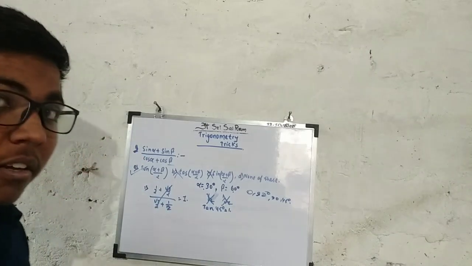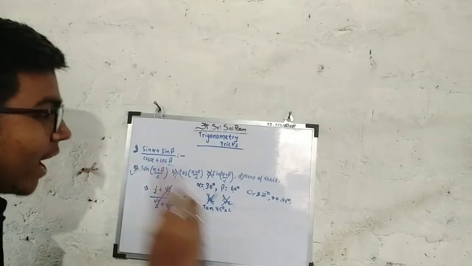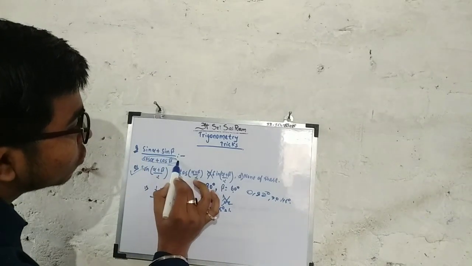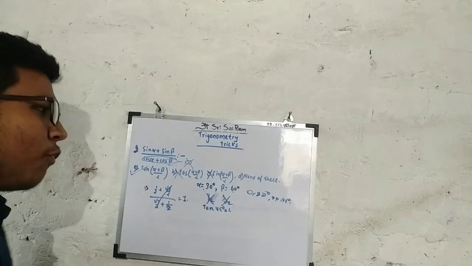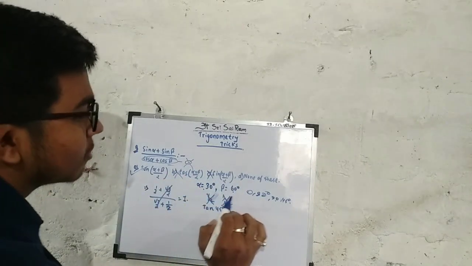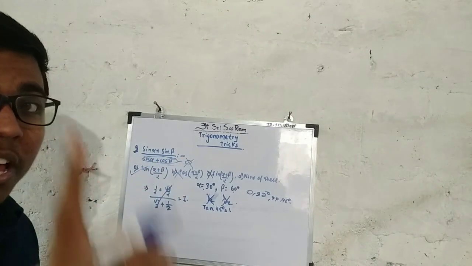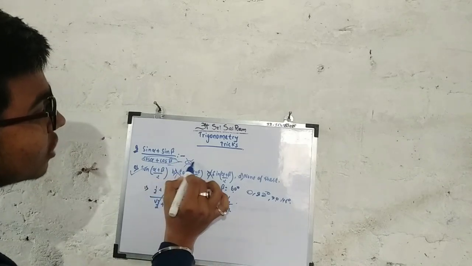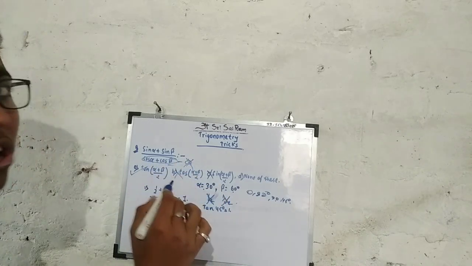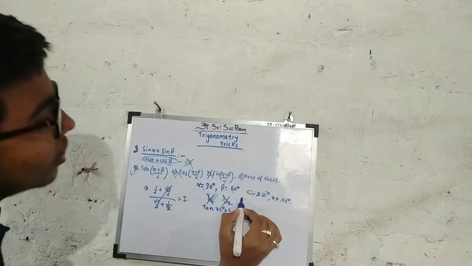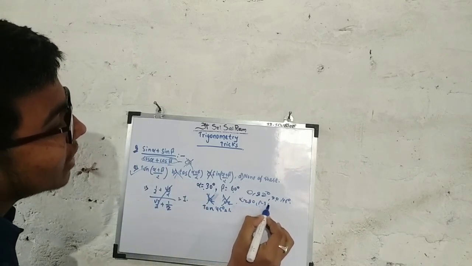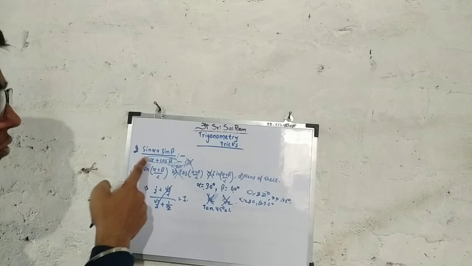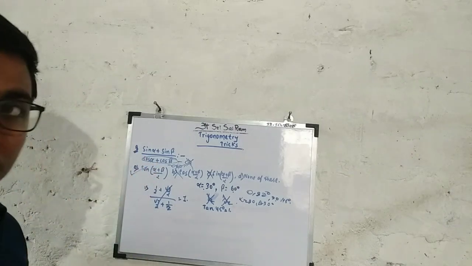But remember one thing. Whatever angles you take, 0 or 30 degrees, remember that the denominator should never be equal to 0. This method is called the substitution method because we substitute the values here, but that substitution should not make the denominator 0. If I let alpha is equal to 90 and beta is equal to 90, then this will come as 0, because 0 plus 0, but we don't want 0. So remember that 0 should not come.